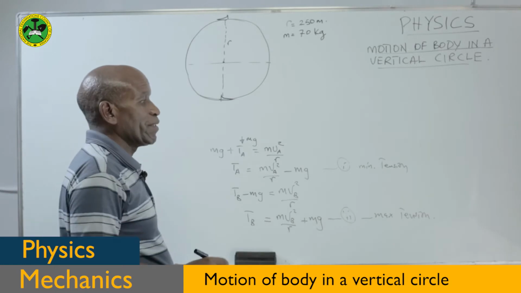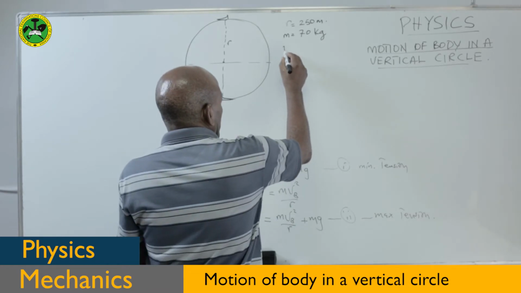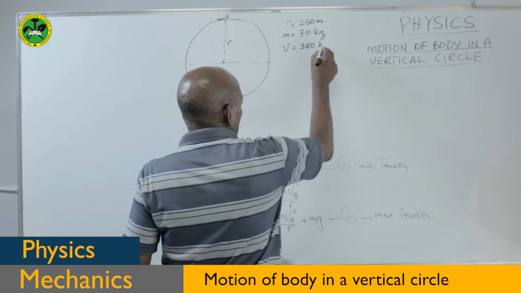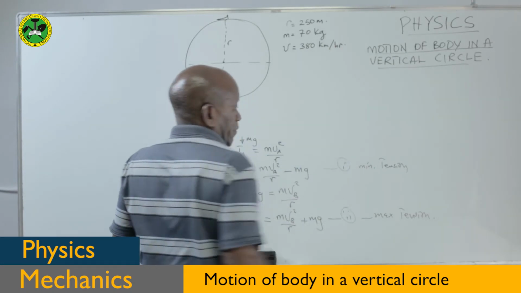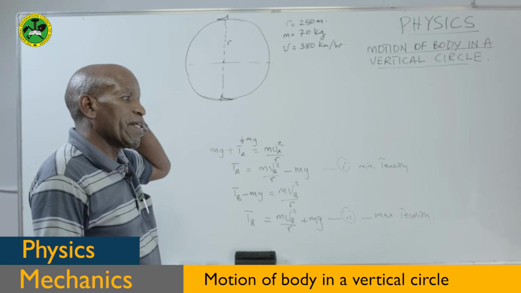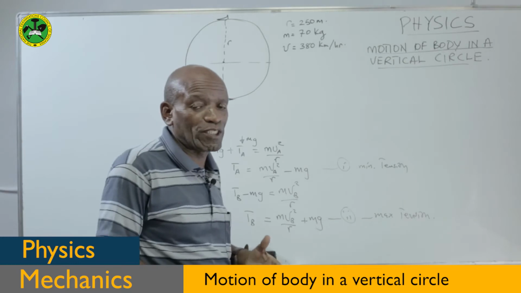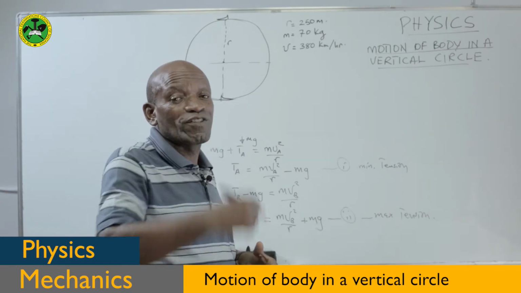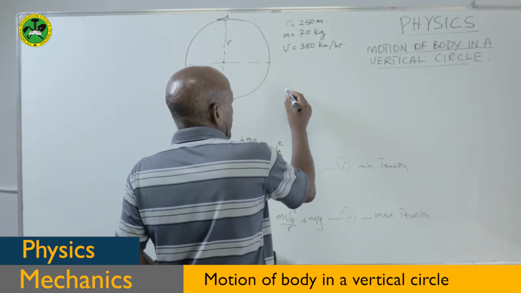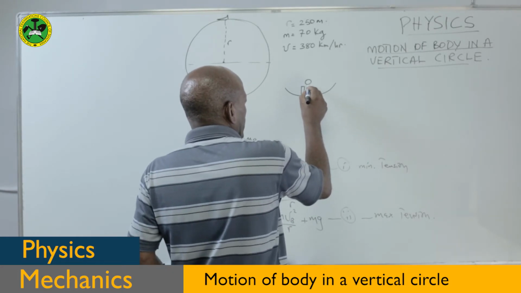And we are taking the speed at which this particular plane is looping a circle. V is 380 kilometers per hour. So we need to calculate the force exerted by a seat on a pilot. This is the reaction force that particular pilot will be feeling whenever he is looping a loop, moving around a circle. If we take this to be the pilot seat,